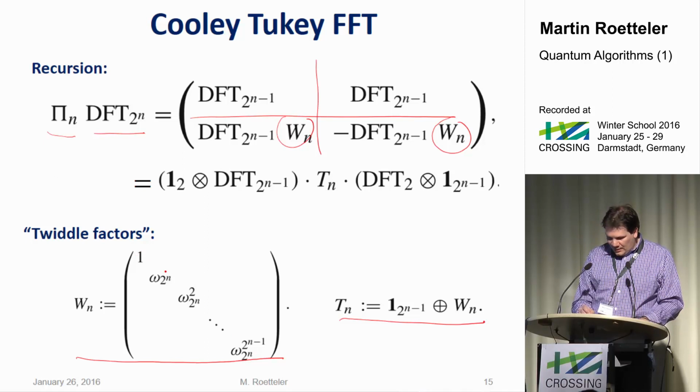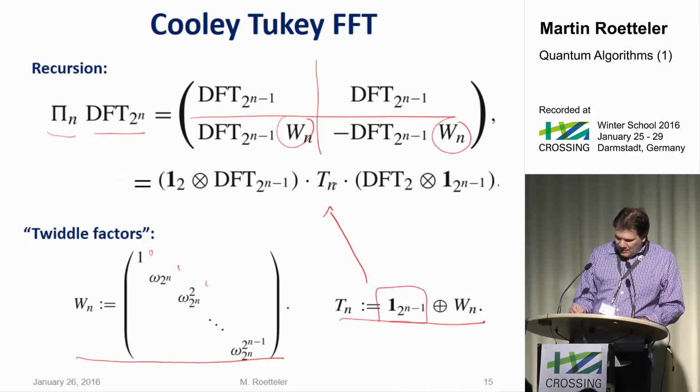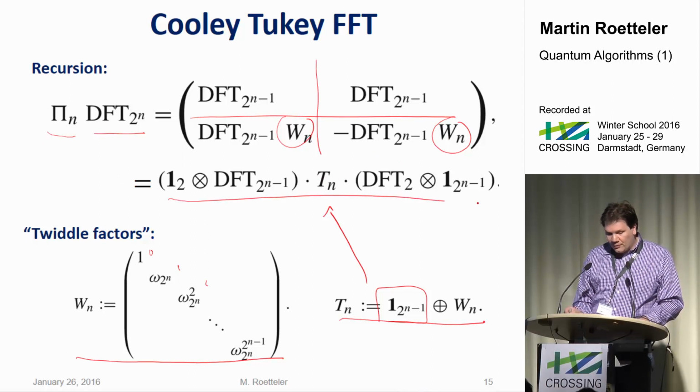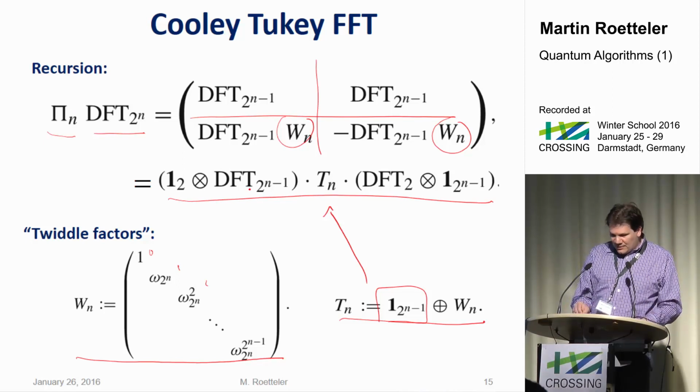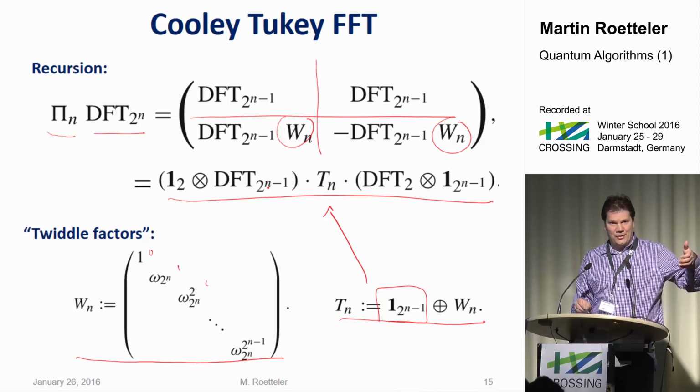Right? You go in linear order. You have exponent 0 here, 1, 2, and so on. And then you also take the direct sum with the identity matrix. If you do that, then this guy here will pick up these two W blocks, and overall you get that beautiful recursion. So that allows you to implement a DFT of length 2 to the n by first doing the inverse of that pi. Then you do a smaller DFT, and of course there you just recurse.